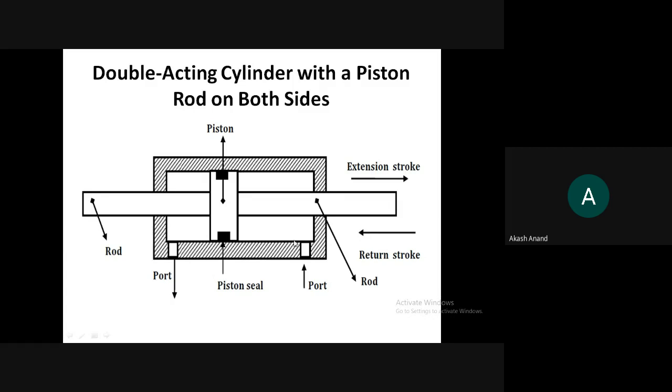Why? Because the pressurized fluid will expand in this area or this volume. Then the expansion of that fluid will exert a pressure on the piston rod and it will move towards the left. Okay, when the pressure reaches a normal value, it will stop expanding, and with the help of a control valve,